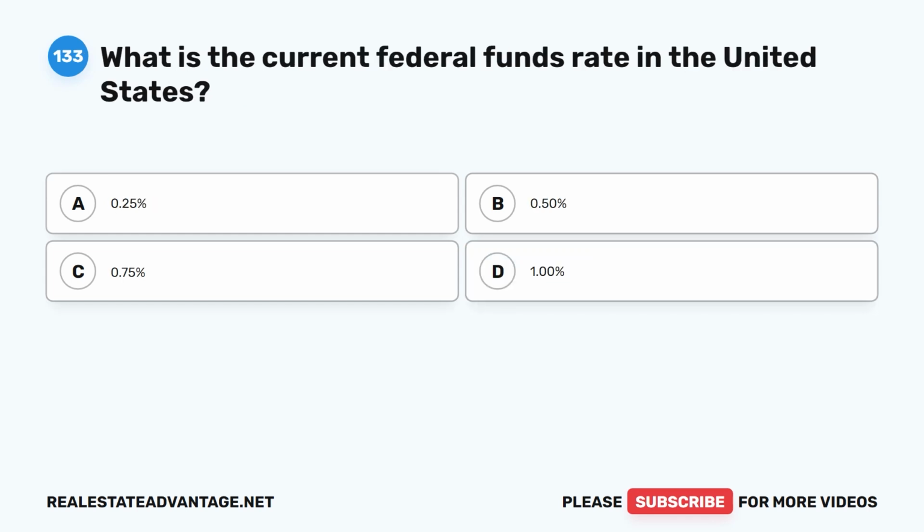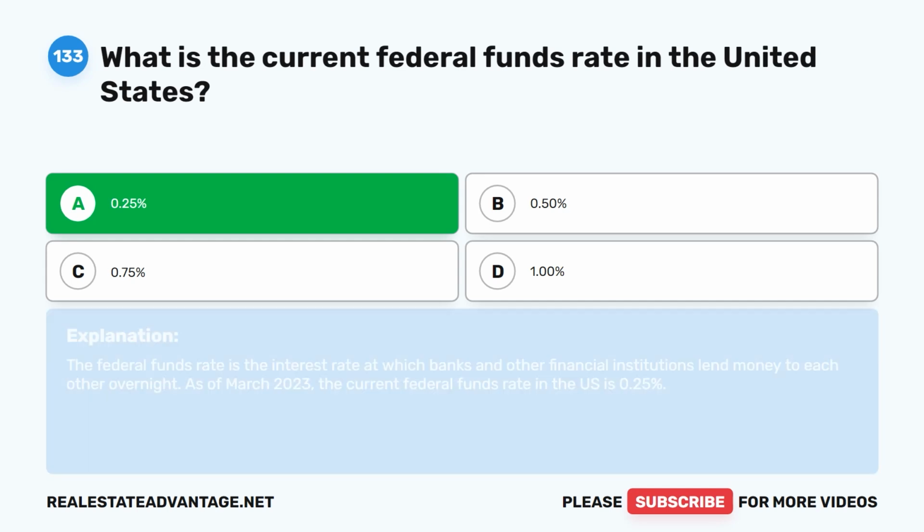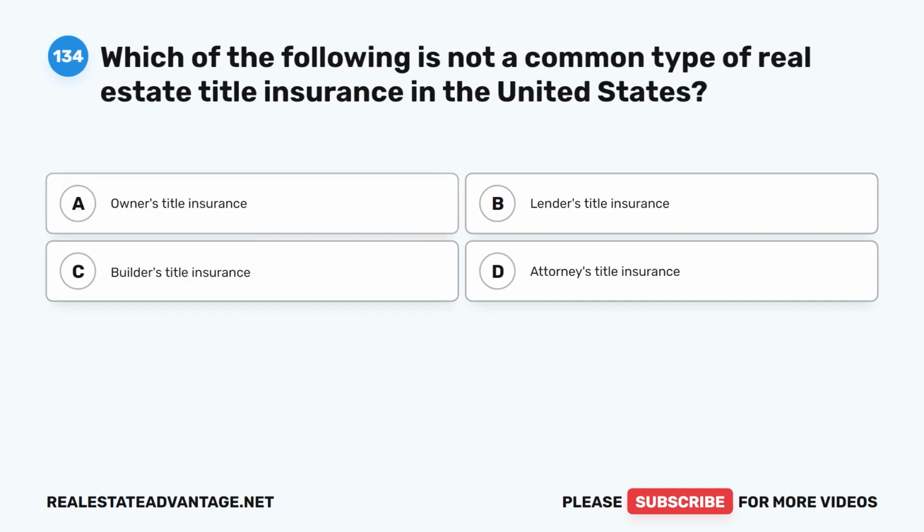Question 133. What is the current federal funds rate in the United States? A. 0.25%. B. 0.50%. C. 0.75%. D. 1.00%. The correct answer is A. 0.25%. The federal funds rate is the interest rate at which banks and other financial institutions lend money to each other overnight. As of March 2023, the current federal funds rate in the U.S. is 0.25%. Question 134. Which of the following is not a common type of real estate title insurance in the